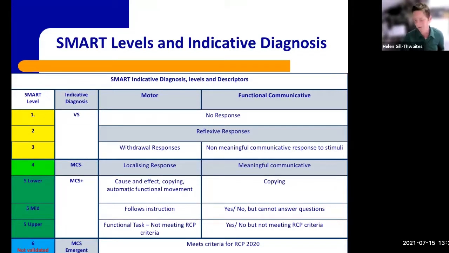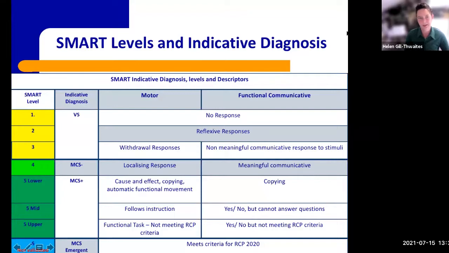Okay, so SMART is the only assessment that will not only divide up motor and communicative responses, but it will also divide up minimally conscious state. Now, as we talked about, we've got MCS minus responses, and we've also divided MCS into hierarchically layered responses from lower, mid, and upper. So you can see level 1 to 3 all indicate